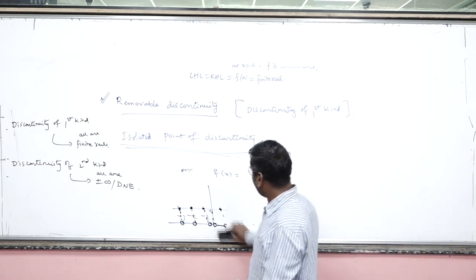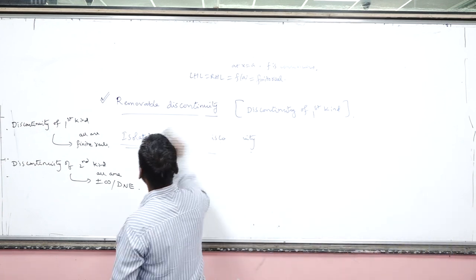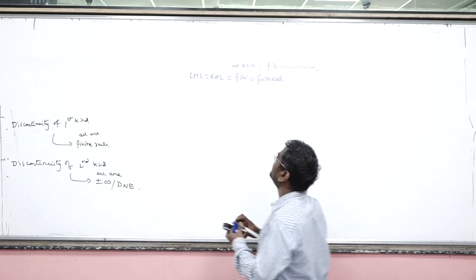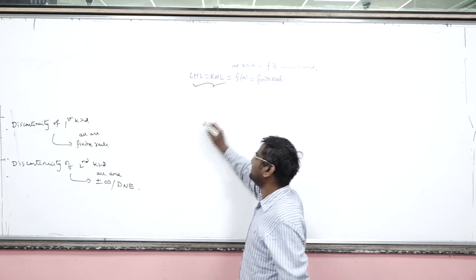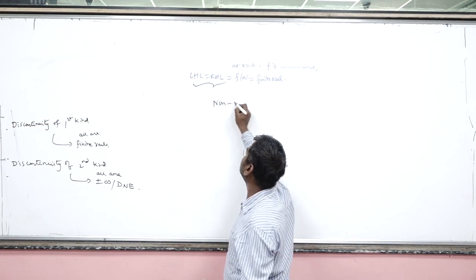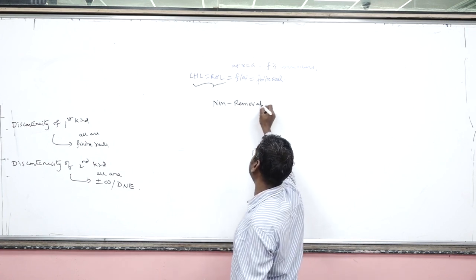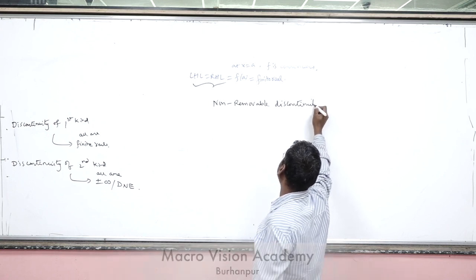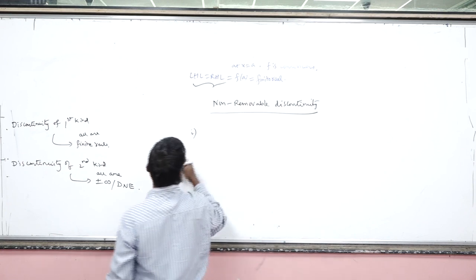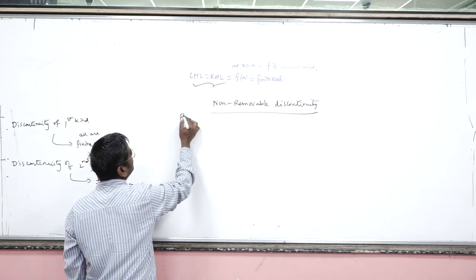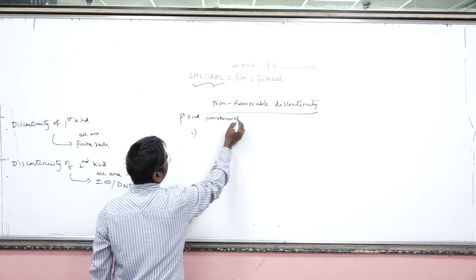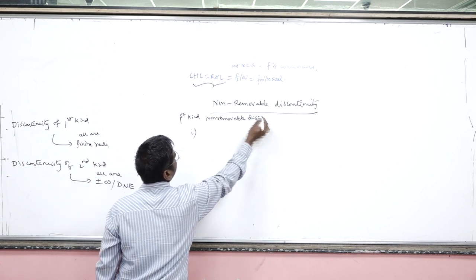Next, if you look at non-removable discontinuity, you can't do anything, because the primary link itself might have broken. That is non-removable discontinuity. Under non-removable discontinuity, what are we going to study? The first thing, under first kind: let us start with first kind, non-removable discontinuity. That means we are dealing with finite real numbers.